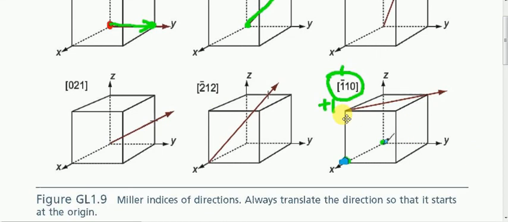Now what is this one? This is along the xy plane. You can see that it is along the xy plane. So for x it is 1. Always we take the x-axis in the forward direction, so it is actually in the opposite direction of whatever direction we have taken as x here. That is why it is bar 1, and for y it is 1, and for z it is 0. It is not touching the z-axis there. That is why it is bar 1, 1, 0.